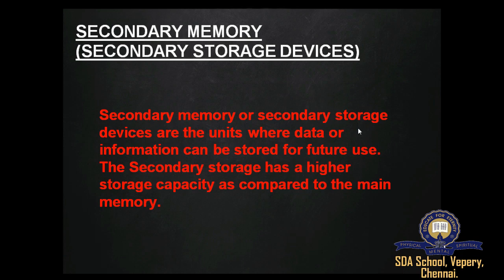The major difference between primary memory and secondary memory is that the primary memory is the main memory of a computer system, but the secondary memory is the auxiliary memory from where stored data can be retrieved. In primary memory, data and instructions get erased as soon as the computer is switched off. But in the secondary memory, data or instructions are stored for future use, even when the computer has been switched off.